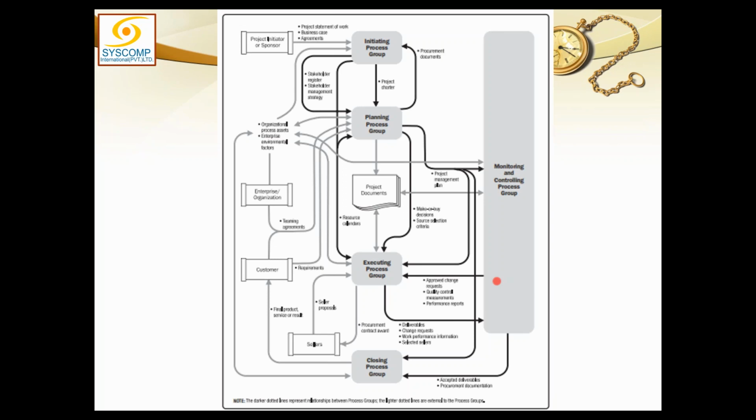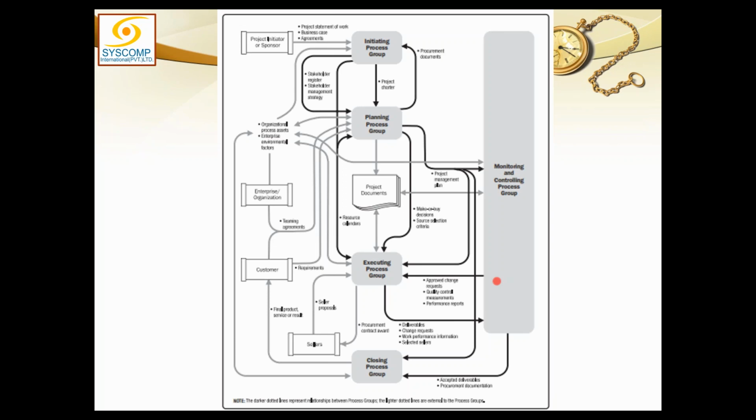Now where does this work performance information go? This work performance information will go to the chief analyst. And what was that chief analyst? That was the integration process. We have two integration processes here. The first integration process was monitor and control project work, that I called the chief analyst.